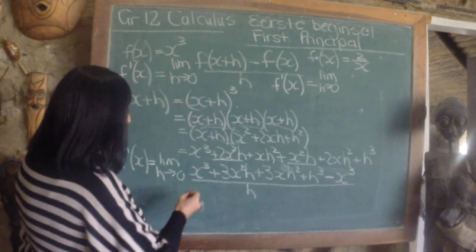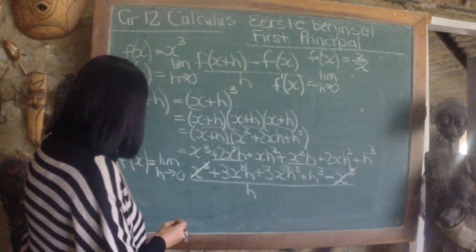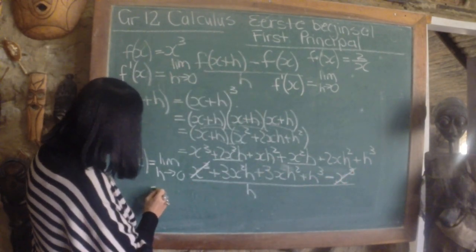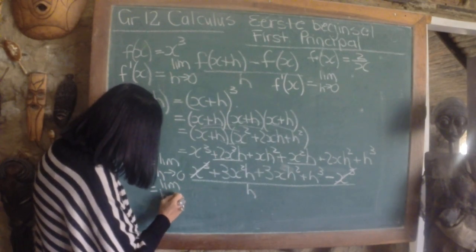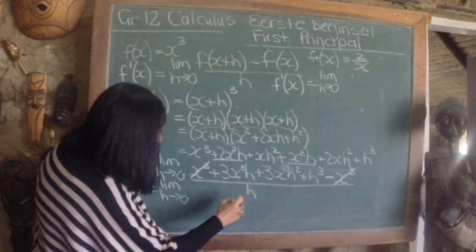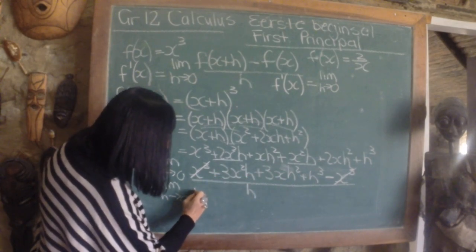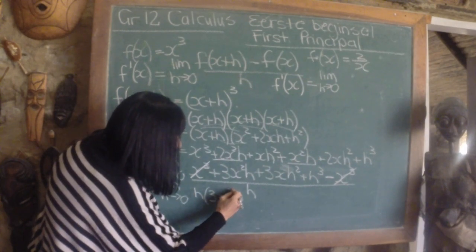Goed, ons x tot die derde magte kanseleer uit. And now, I rewrite this again. Ek bly vir hom oorskryf. En nou gaan ek 'n gemeenskaplike faktor h uithaal. En daar bly oor 3x kwadraat